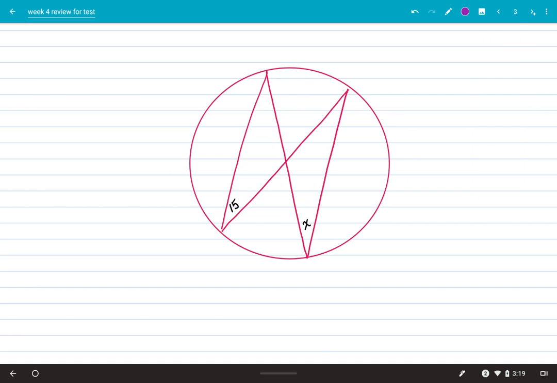So we're going to want to trace over those angles. So we know this angle, sorry if the purple matches in. So this angle is related to this arc, right? So if the angle is 15, the arc is double it, so it's 30. And then,